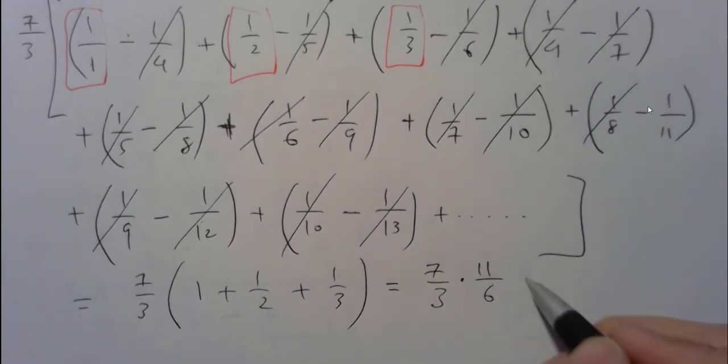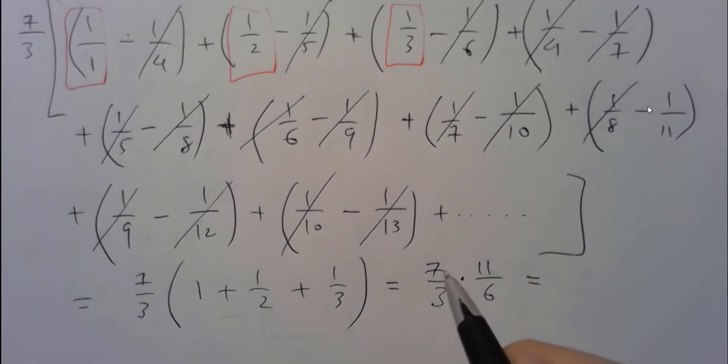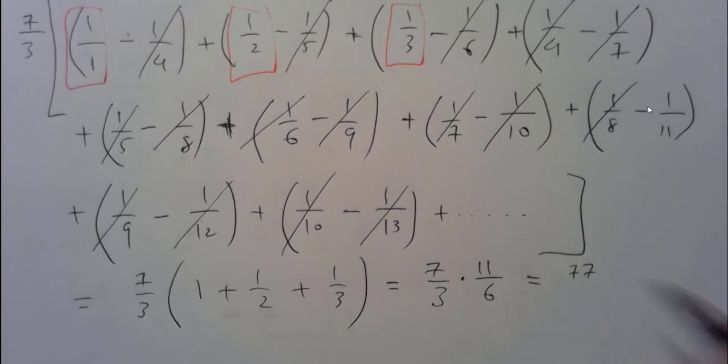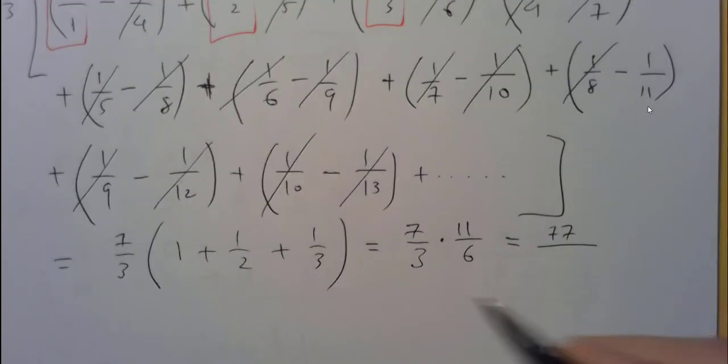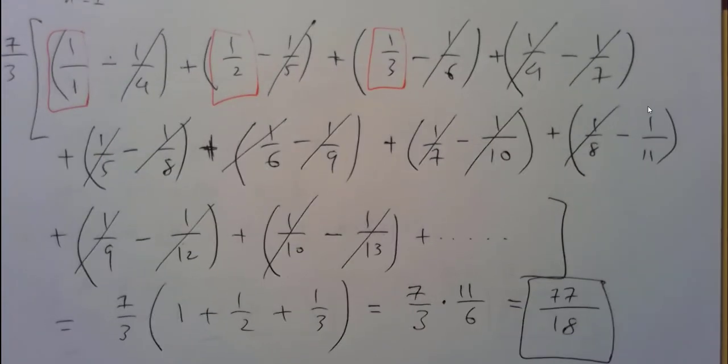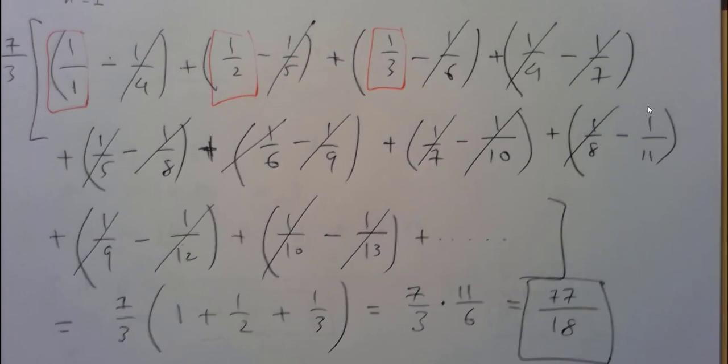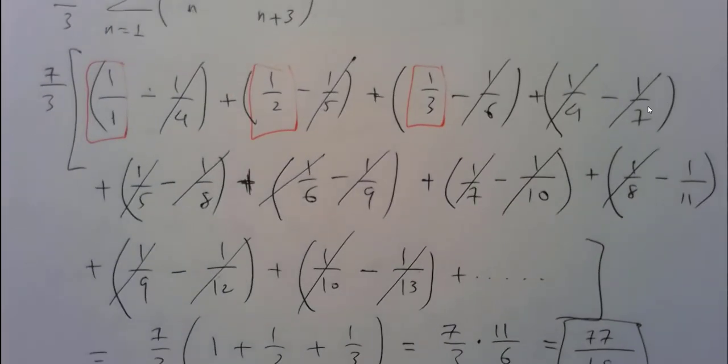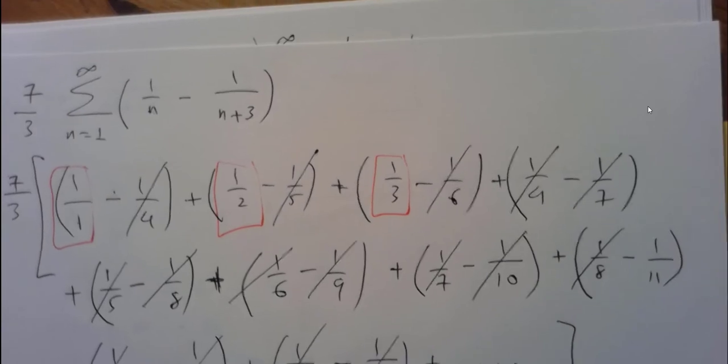And now, to get the final answer, we multiply across them. 7 times 11 is 77. 6 times 3, that is 18. So the final answer should be 77 over 18. So this is a telescoping series, but it is special in a way that you don't see